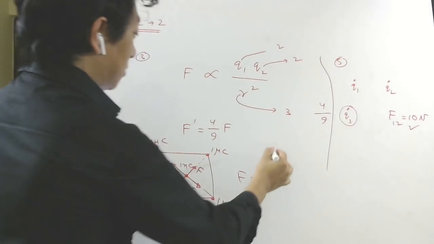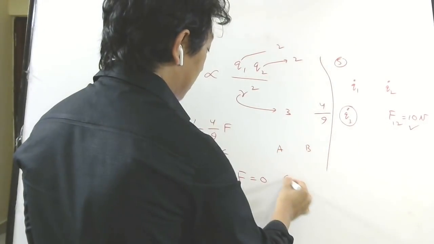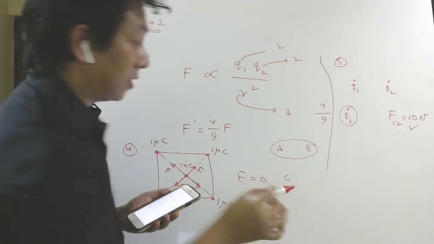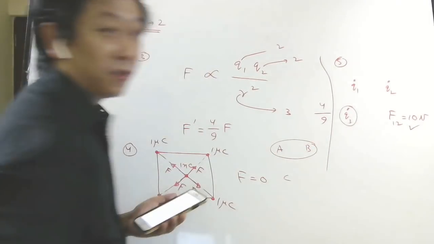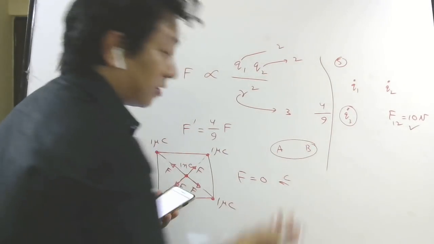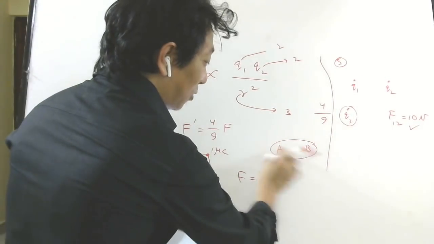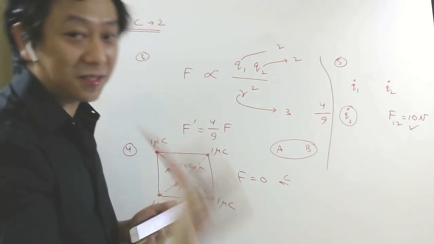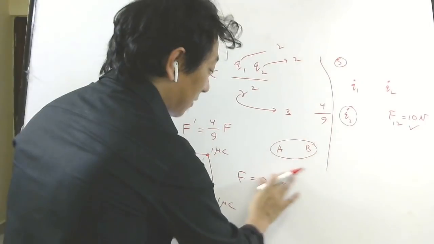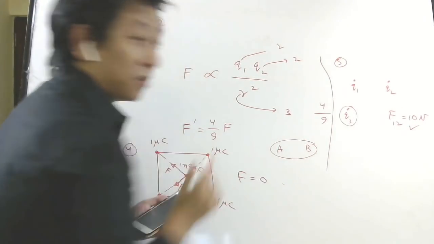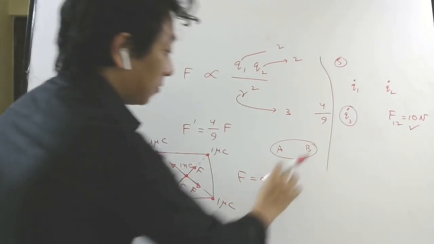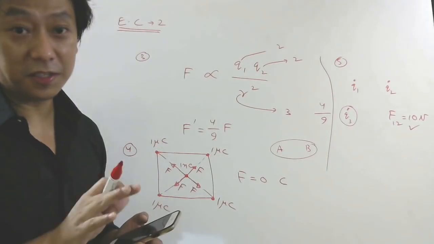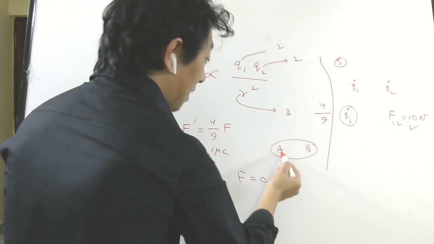Okay, so those who have not understood, think of this. This is A, this is B, this is C. These two apply force on each other, which depends on what? Magnitude of the charges and the distance between them. Now, whether this is there or not, the magnitude of the charges and the distance between them will not change, right? So whether this is there or not, the force between these two will remain the same. Yes, the resultant force, see, if this is not there, the force on this will be only because of this. But if this is there, then the force on this will also be because of this. So if somebody says find the resultant force, that will change. But if they ask the force on B by A, that will remain the same.